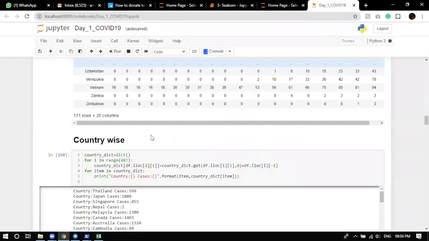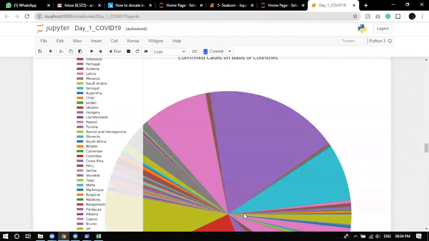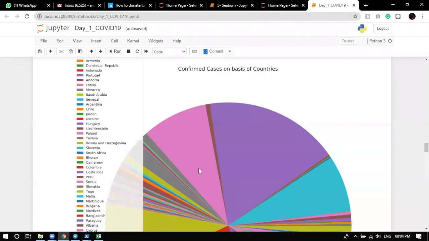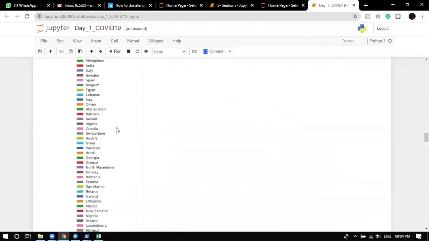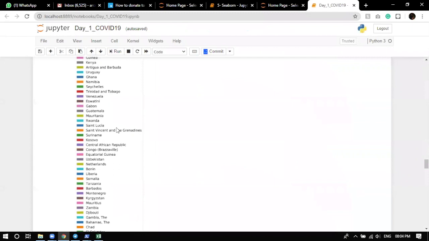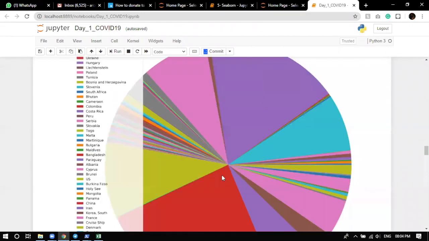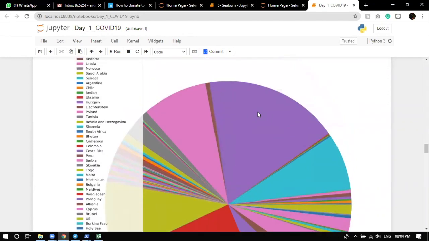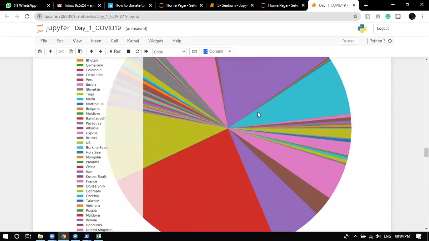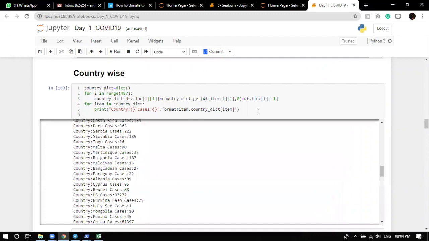Okay, so you can see there's a country-wise chart. The country-wise chart looks big because there are so many countries. So you have to show a graph which shows which country is affected how much. Currently I've used a pie chart. You can use a bar chart. You can use a count plot. It's completely up to you which exact chart you want to show. Most of the time people go for bar chart and pie chart only, but it's completely depending upon you. So this is the country wise.